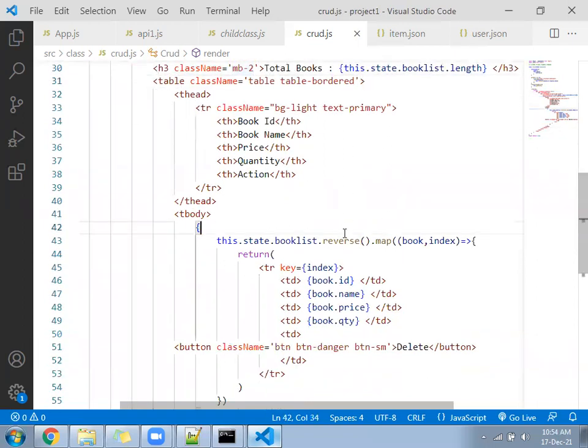Reverse function, array will get reversed, then map function will get applied. The data will come in reverse order.